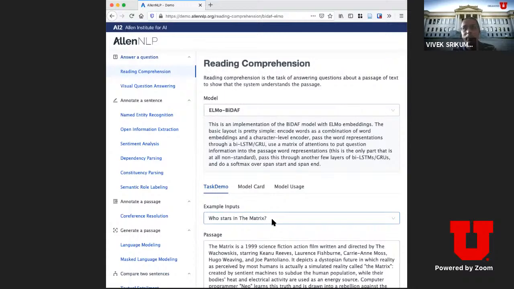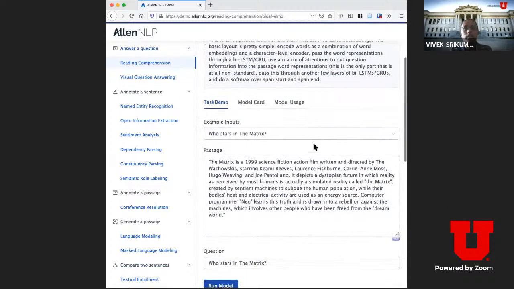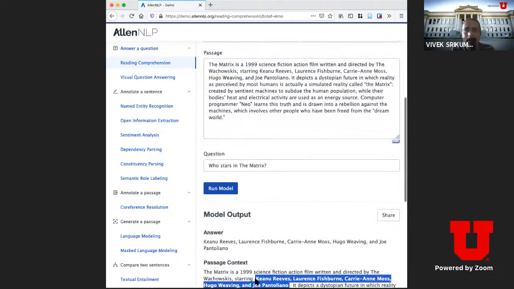This model is again built on top of word embeddings. This Elmo here is a word embedding, Roberta is a word embedding. All of these are different word embedding systems. So effectively what we have here are really complicated neural network models that are trained on hundreds of thousands of examples. Together, these represent sometimes billions of parameters to answer the question by deciding where is the starting point of the answer and where is the ending point, and everything in between is the answer.